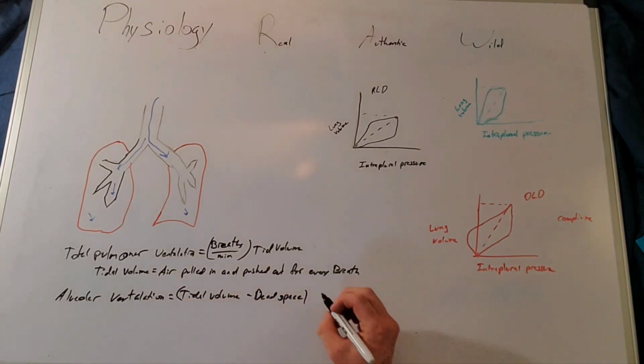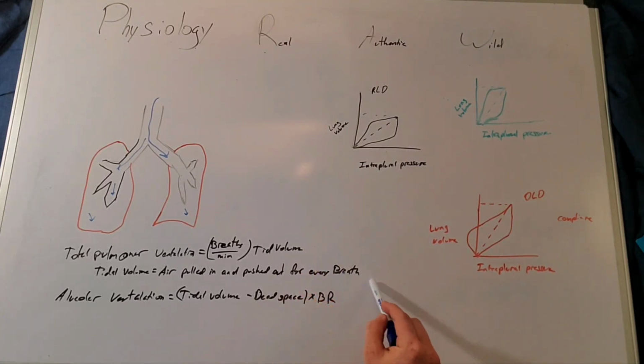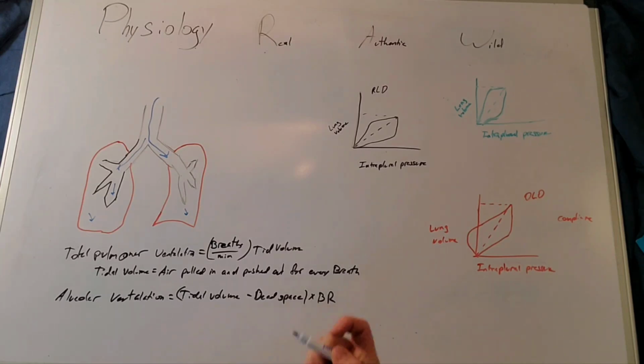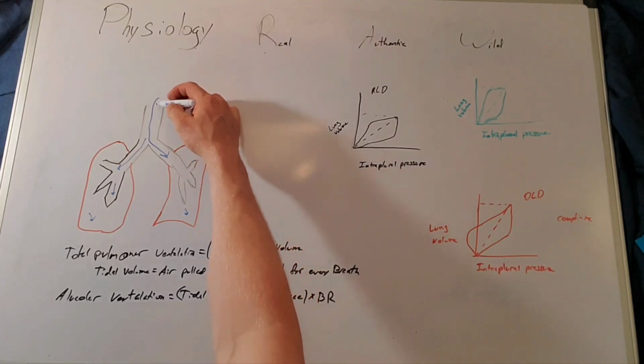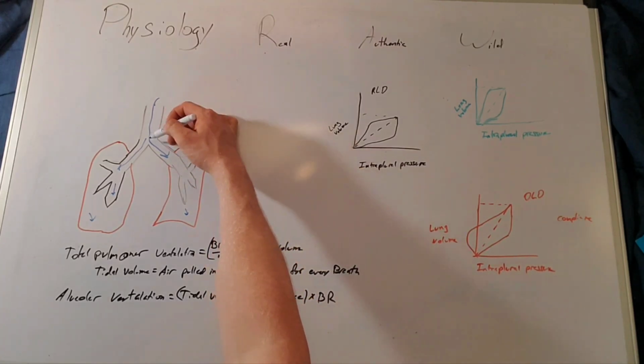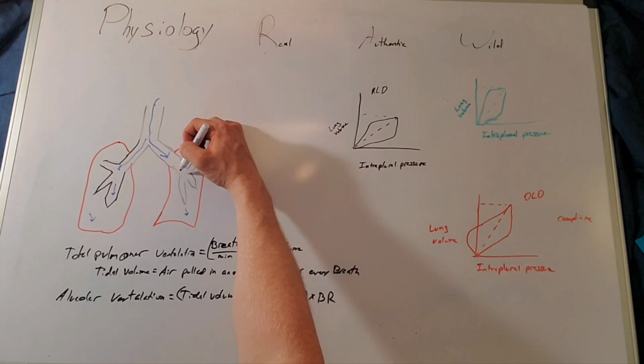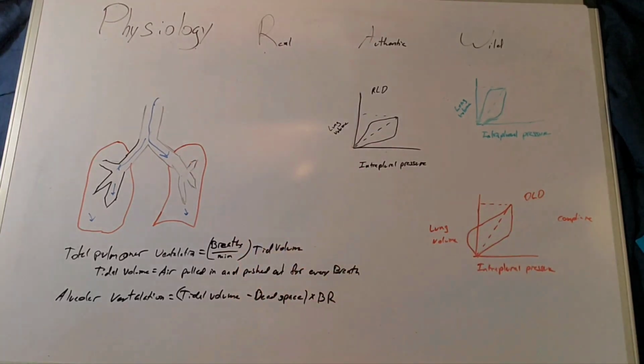And then that's going to be multiplied by the breath rate. So we have the tidal volume minus this dead space. Dead space is defined as everything that's not alveolar sacs. So as you can imagine, air has to come into the trachea and down the bronchi. The issue is the bronchi can't participate in gas exchange. So that's why this dead space is equal to the bronchi,